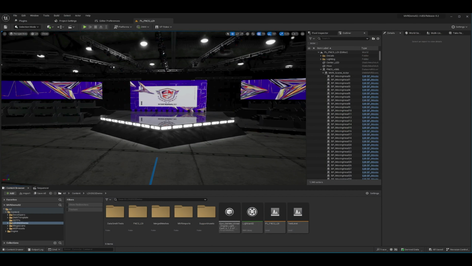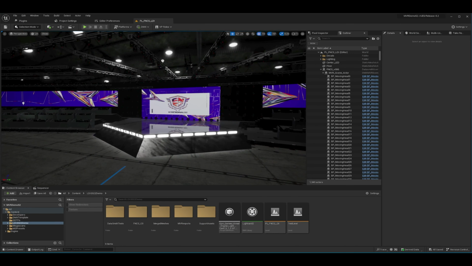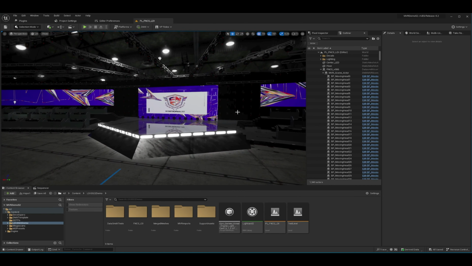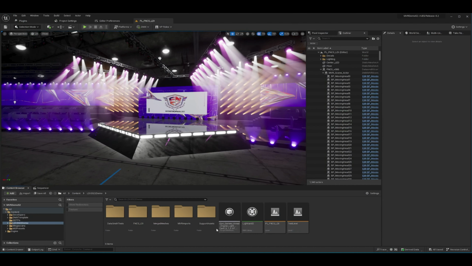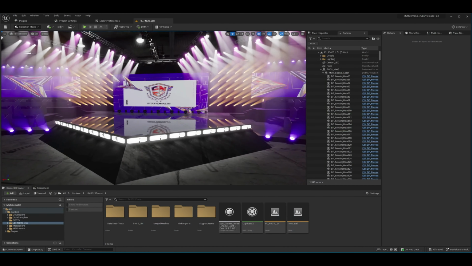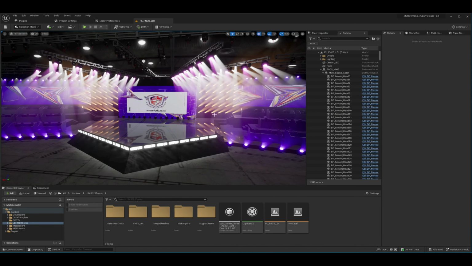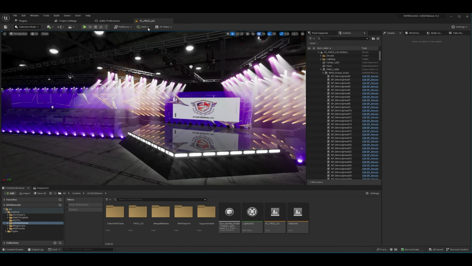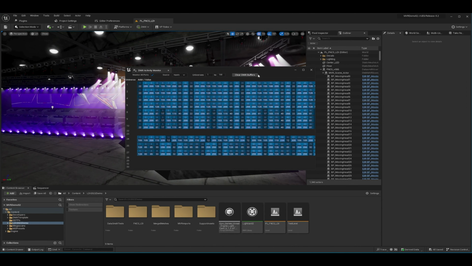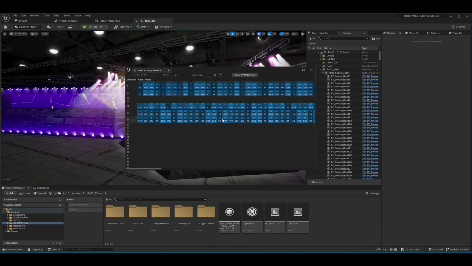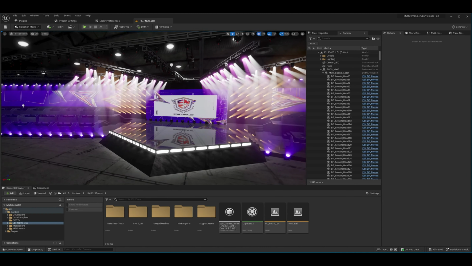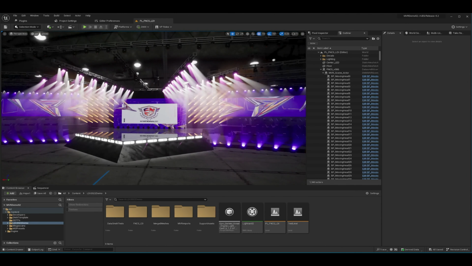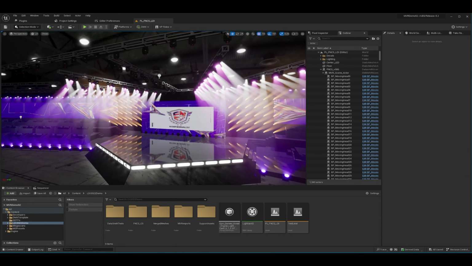So in the background here, I have the Unreal scene, the one that I'd already textured and did everything for. At this point, I just made, again, a simple preset. And if I go back over to Unreal, here we are. We can see that we're getting input on the universes that I want. I can check in the activity monitor and verify that this is, in fact, the correct stuff that I'm getting.